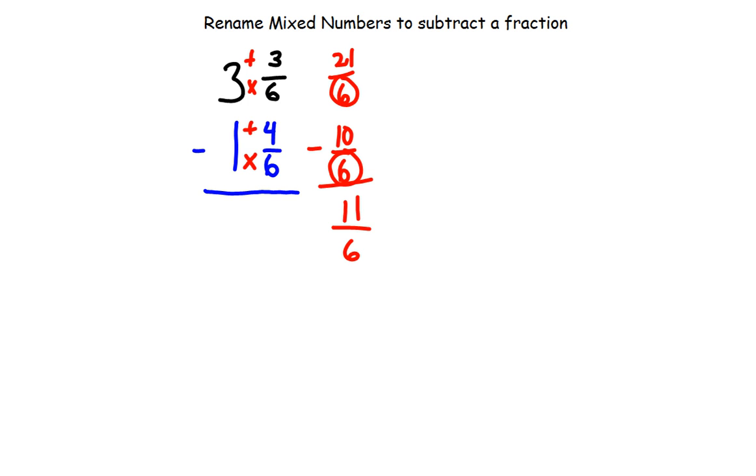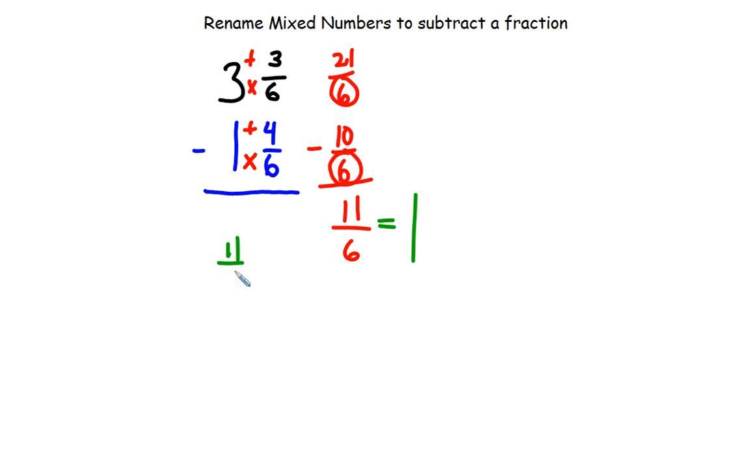However, the only problem with this is that this fraction is improper itself. So I have to make sure that I turn it into a mixed number in simplest form. So I just have to ask myself, how many wholes can I take away from here? So I know that in order to get a whole for 6, I have to have 6 over 6. And I can take away from here 1 whole. Because if I do